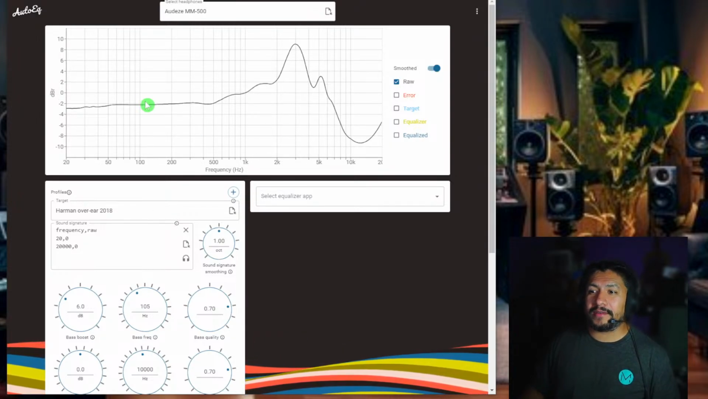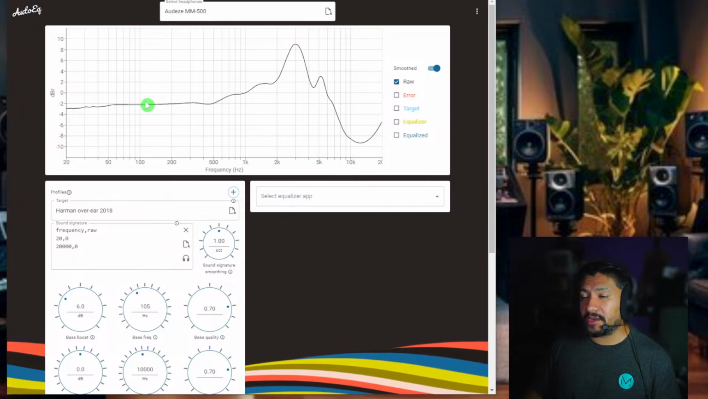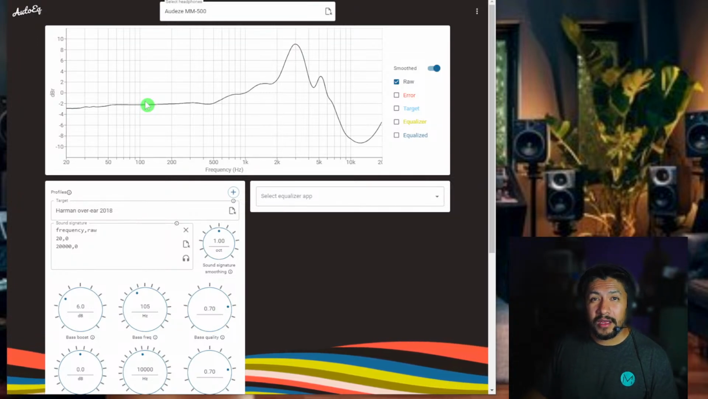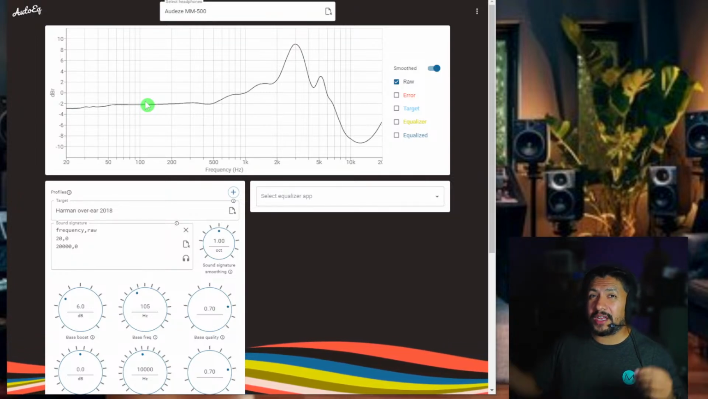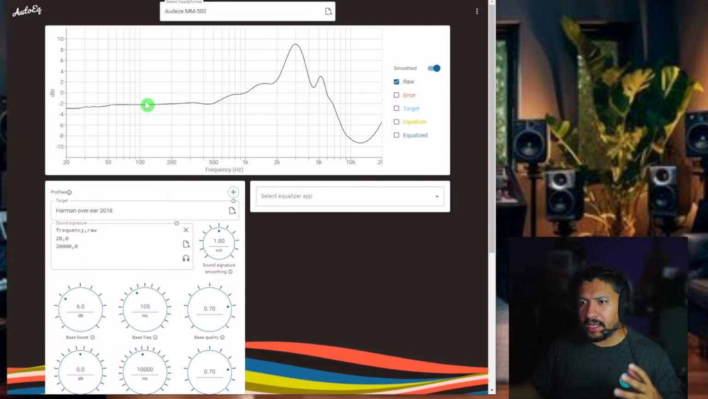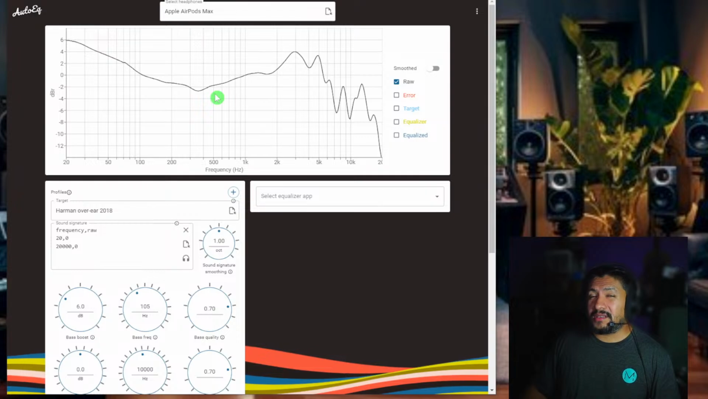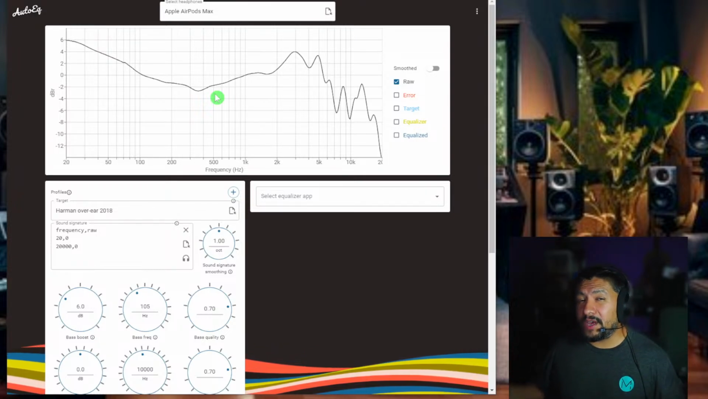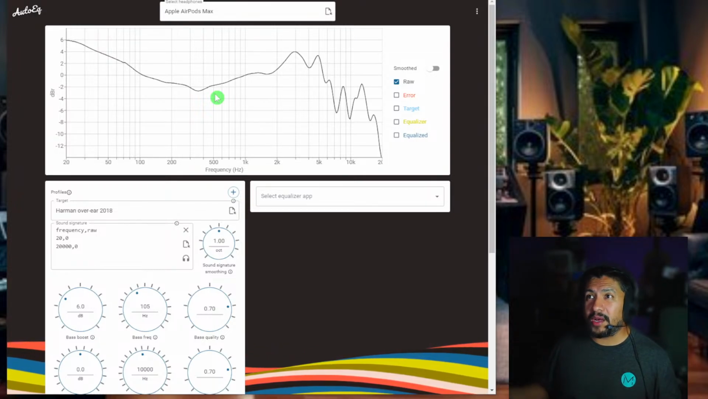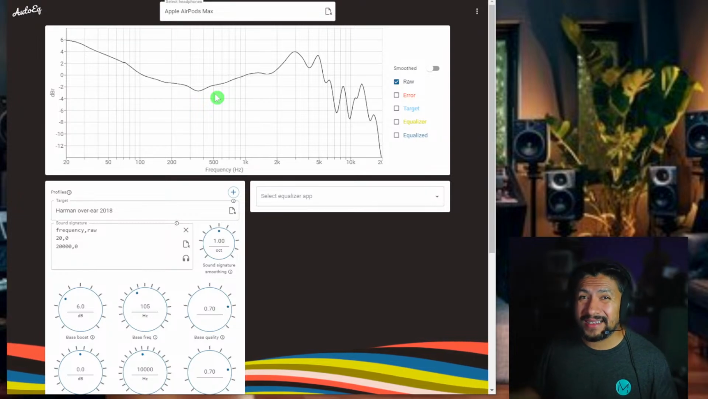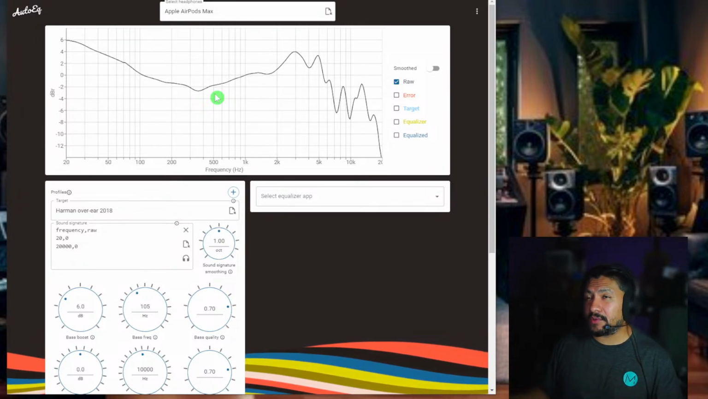This is what we can at least agree on. This could be a good reference target frequency response for headphones, but can we get that on IEMs? That's the question. All right. So first, let's say all you have right now